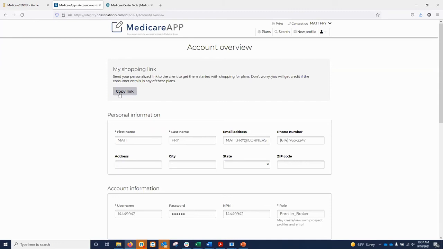They can even create an account and put in their drugs, their providers, and all of their preferences, and that information can carry over into your agent session of Medicare app so that you don't have to manually key that in. It's coming from information that they've added. So it's a very powerful tool, but